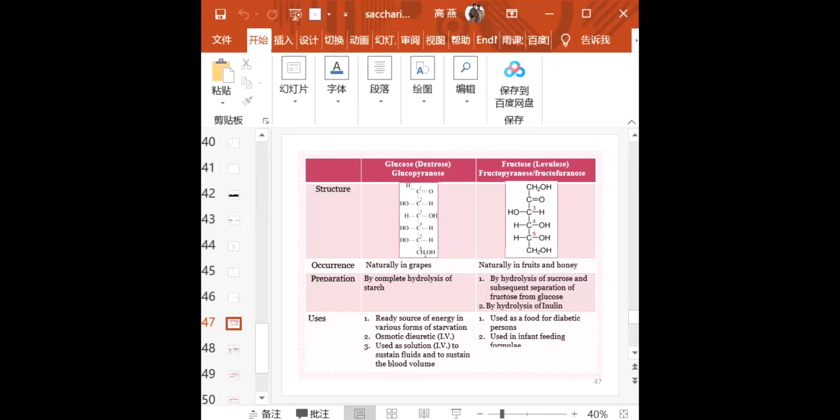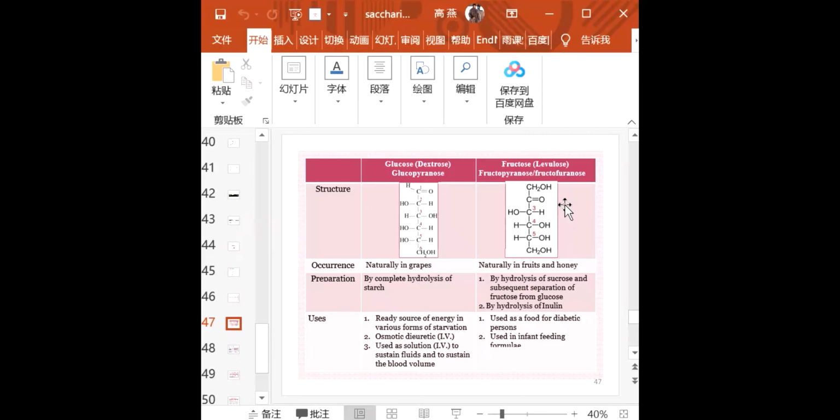No, fructose is a ketose with ketone groups, and ketones are not easily oxidized. They can only be oxidized by strong oxidant, but not Fehling or Tollens. That's the difference